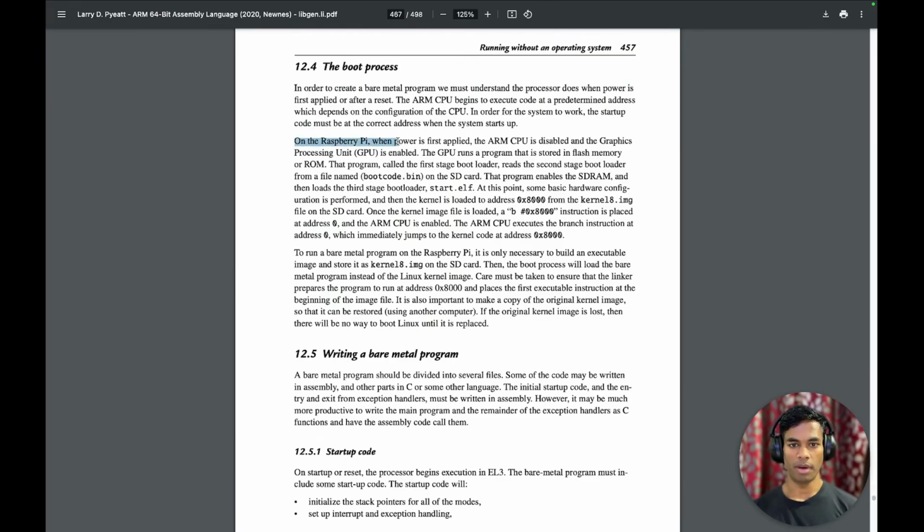On Raspberry Pi, when power is first applied, the ARM CPU is disabled and the graphics processor unit is enabled. The GPU runs a program that is stored in flash memory or ROM. That program, called the first stage bootloader, reads the second stage bootloader from a file named bootcode.bin on the SD card. That program enables the SDRAM